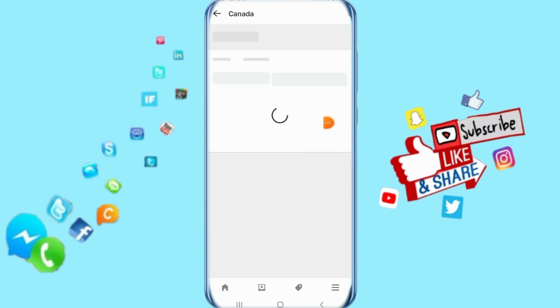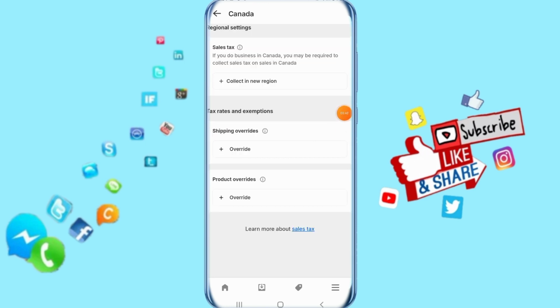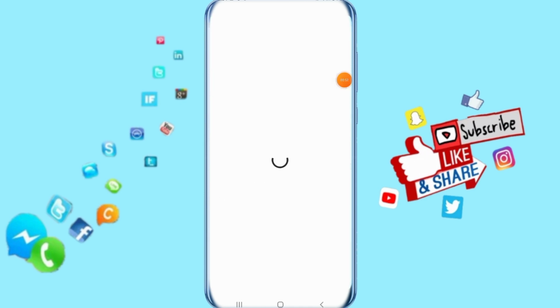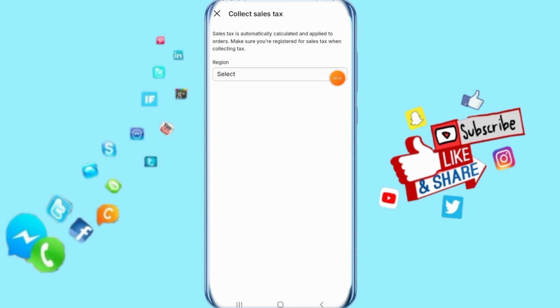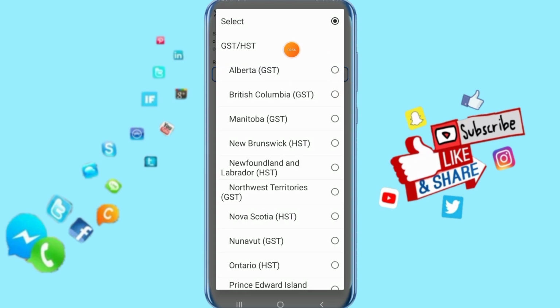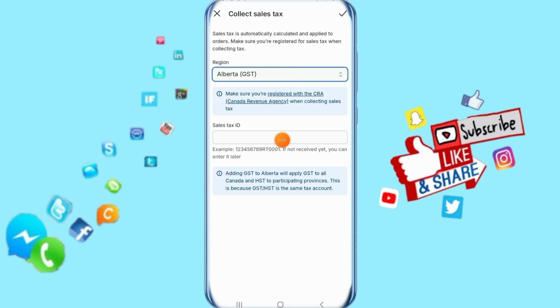Then it's going to take us to this list, and here click on collect in your region. Then here you can select, I'm going to select this, for example. So, for example, I'm going to click on this country, and here add your sales tax ID. Then you click on this sign. When you're down on this, when you fold this